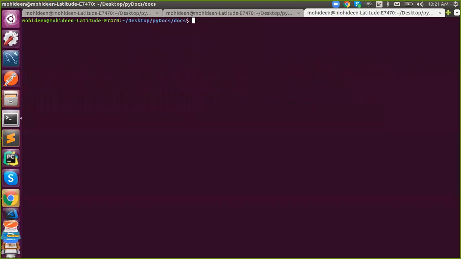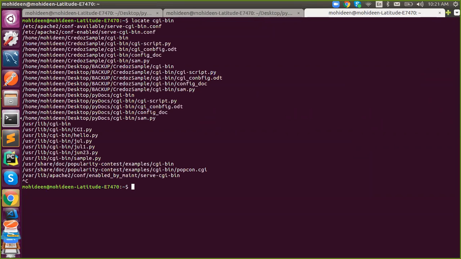So we have to do certain steps to implement a CGI script. We need a server for that because we don't have that interpreter, right? You all know that. We need an interpreter to execute a Python file. If you try to use that same stuff in a browser, the program will never execute. So you all are clear with it, right?